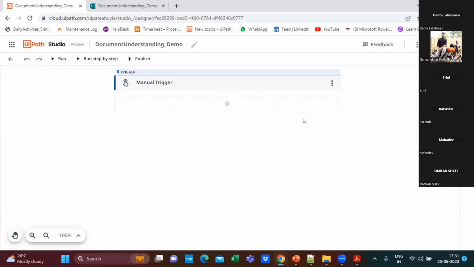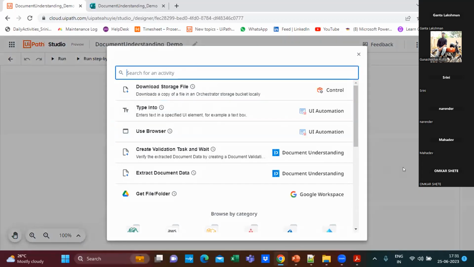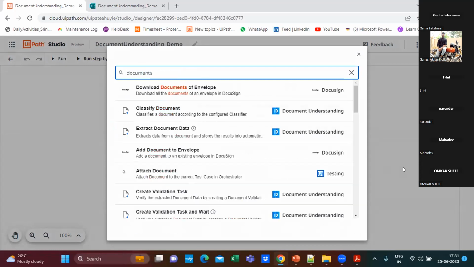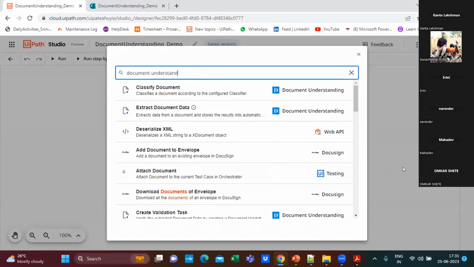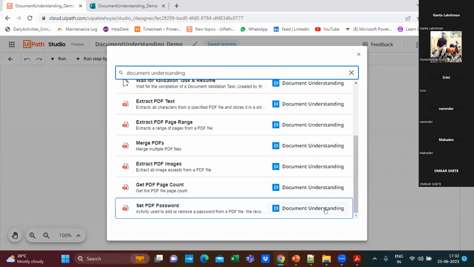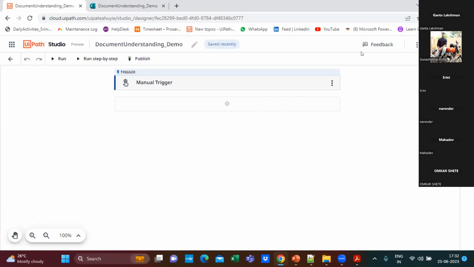Okay, here just take a look at what actions or activities we have in document understanding. If you type document understanding, you will have the list of the activities we can do with it. But for that, first of all, I need to keep my invoice,